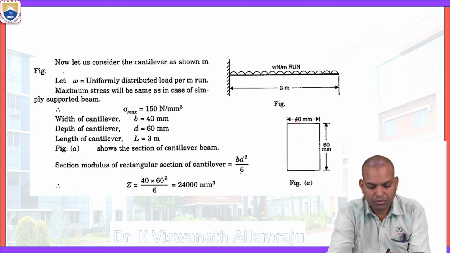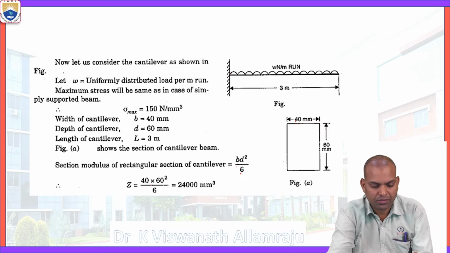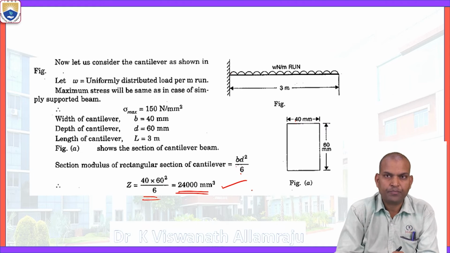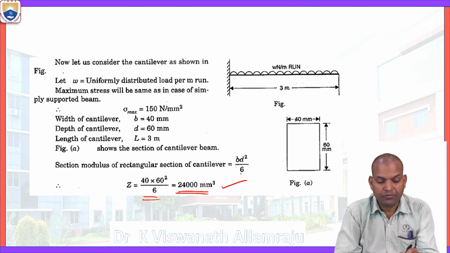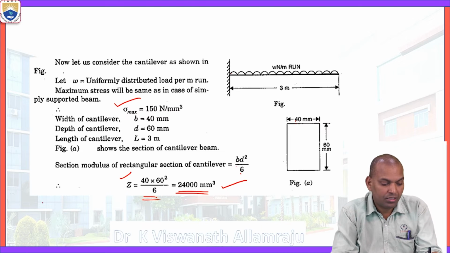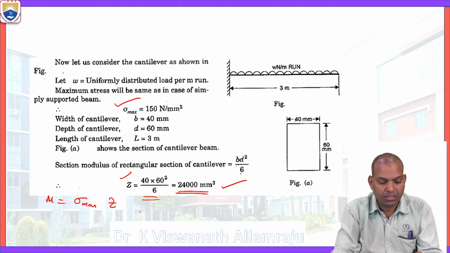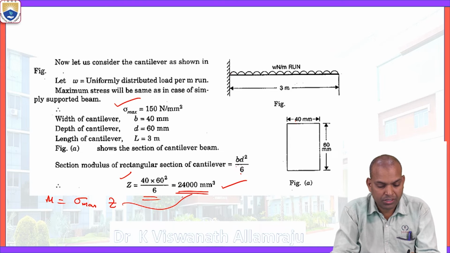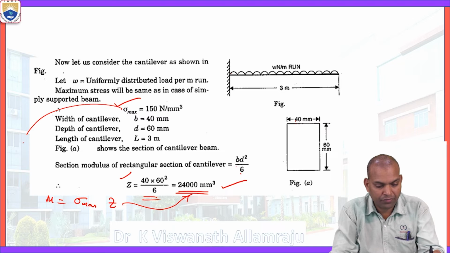So B equal to 40, D equal to 60. Section modulus is 40 into 60 square by 6, that is 24,000 cubic millimeter. Now what do we need? We know sigma maximum, we know Z. We know the relation between moment resistance, sigma maximum and section modulus. The section modulus value here is 24,000. Sigma maximum here is 150